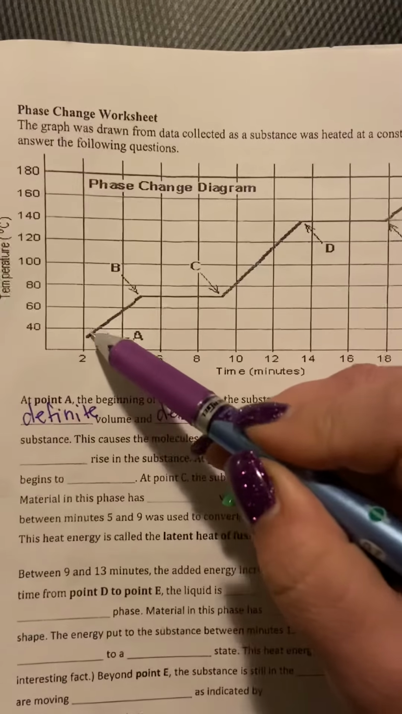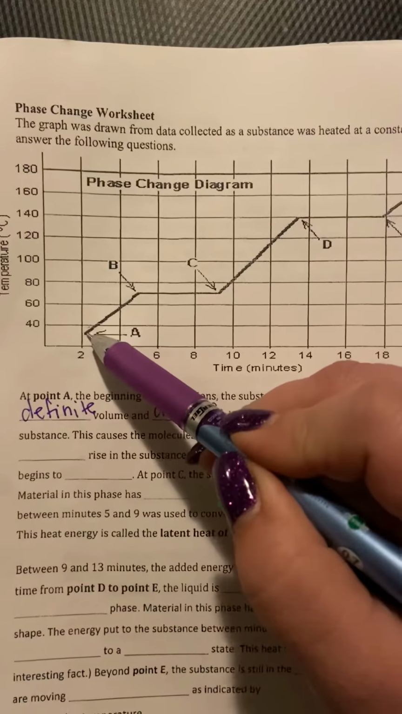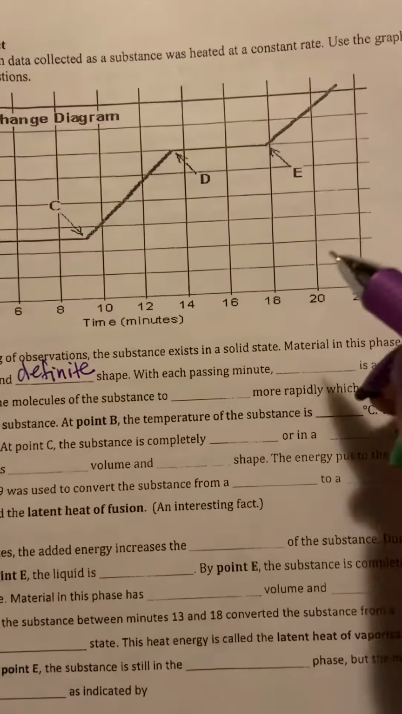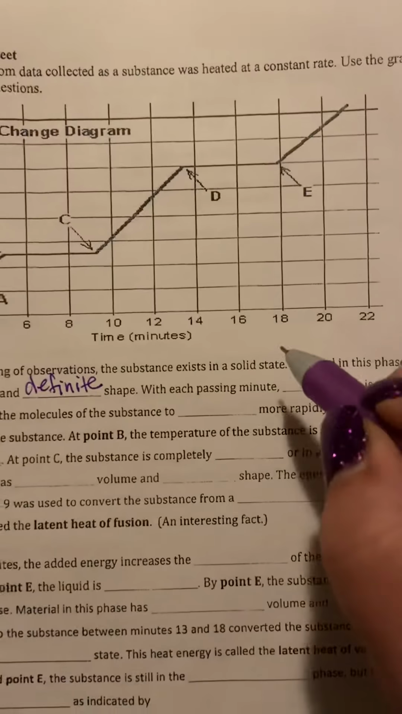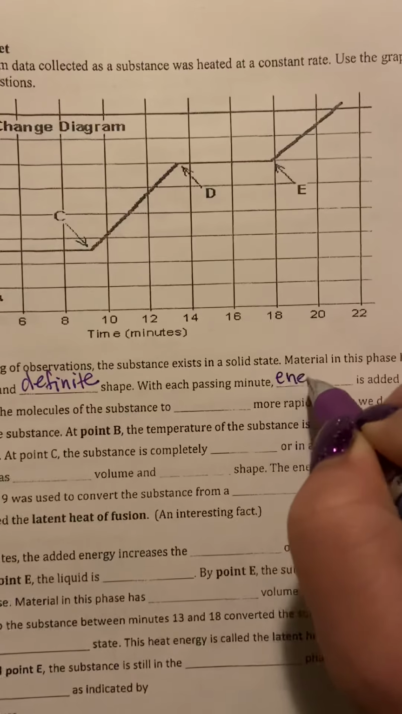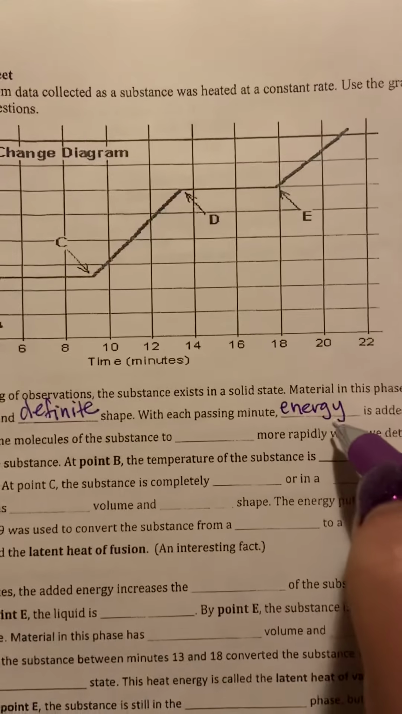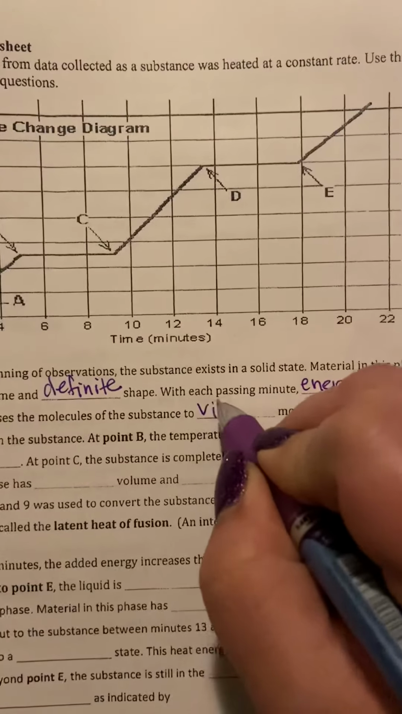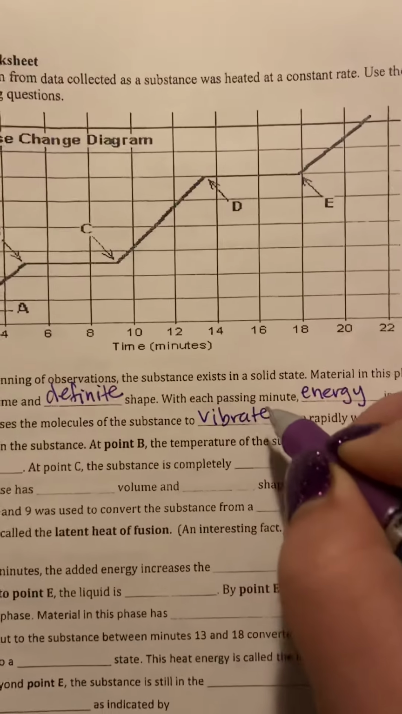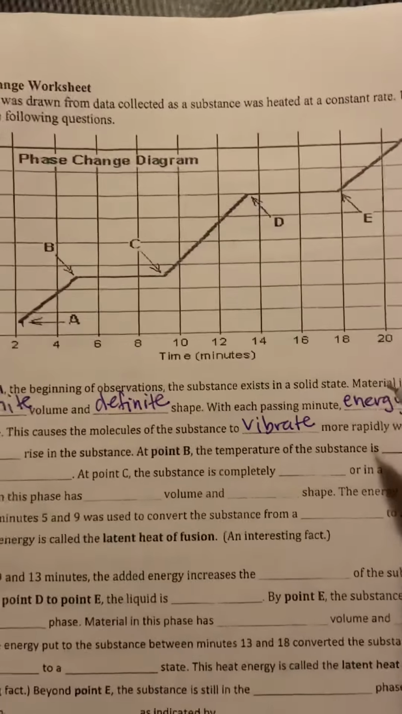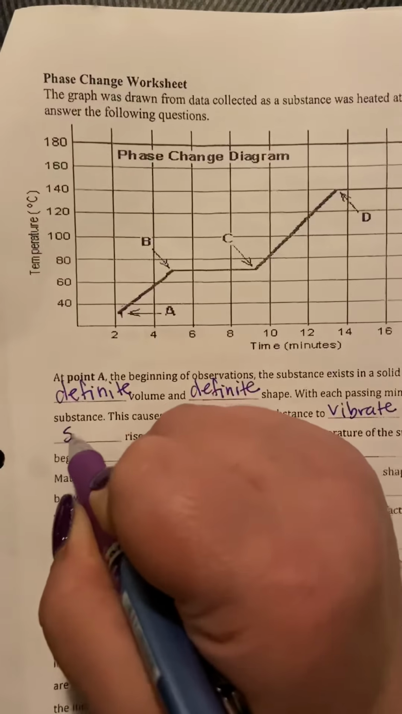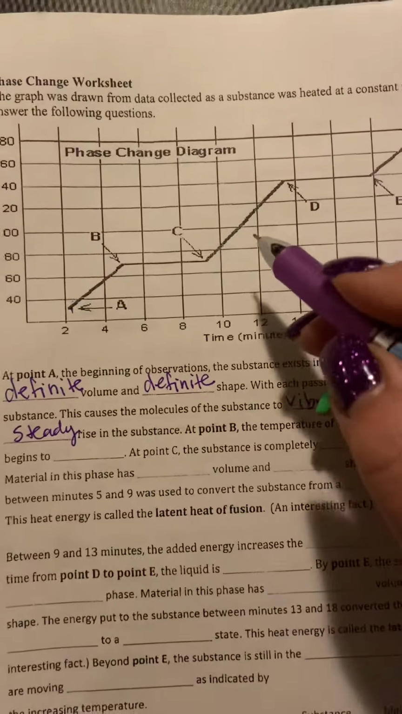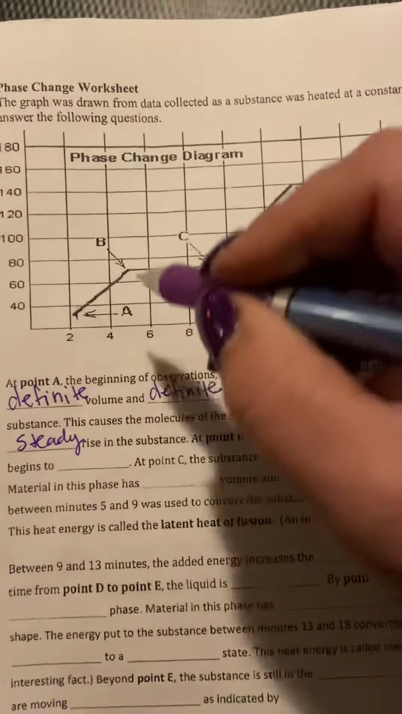Okay, because this is at the very beginning, and we know down here it's a solid. So it has a definite volume and shape. With each passing minute, energy is added to the substance. This causes the molecules of the substance to vibrate more rapidly, which we detect by a steady rise in the substance. At point B, so here we are at point B,